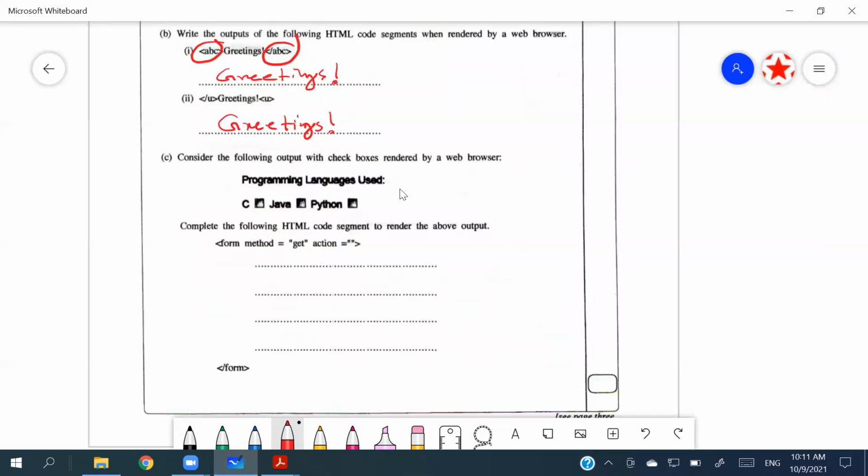But be very careful to go through the output that is given to you. Look at the font sizes, compare the font sizes, and see how it happens. Now in this question, all the fonts seem to be the same size, right? So the best thing we can do is not use any kind of header tags. Just treat these as plain text, or text inside a paragraph. And again, between "Programming language used" and the C, Java, Python checkboxes, there is an empty line.